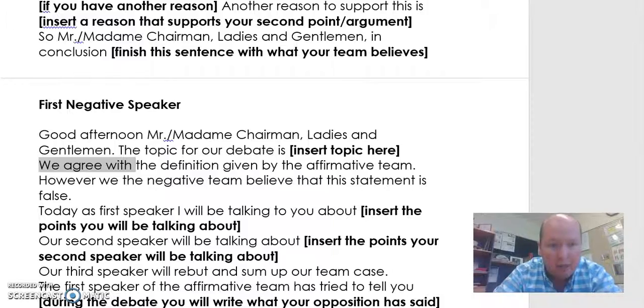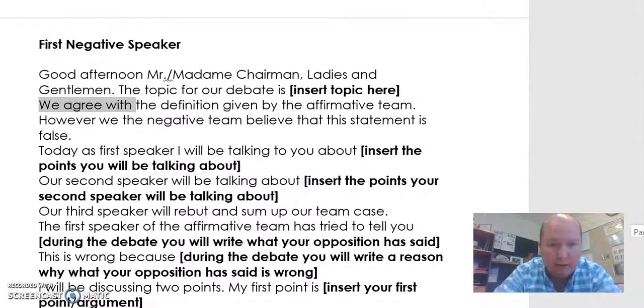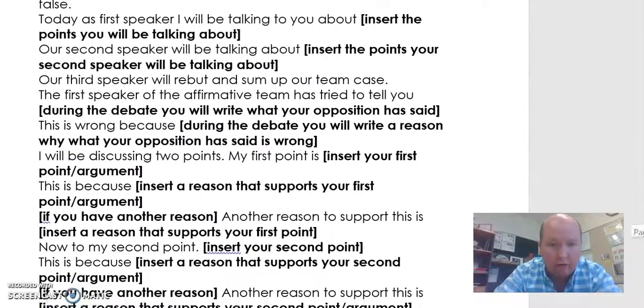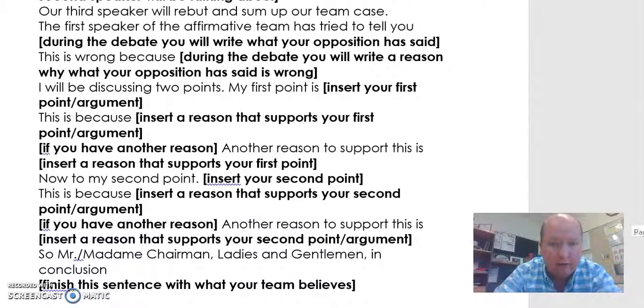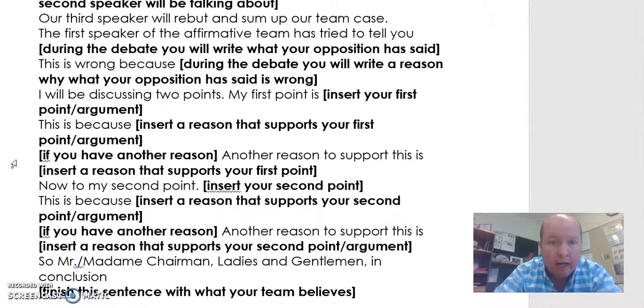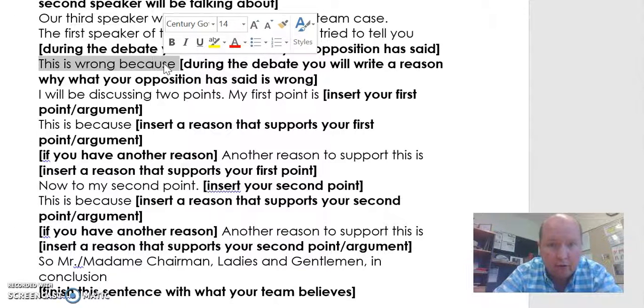The only other major thing I want to point out here, just as a reminder, is that you'll see on the script this is where we have rebuttal. And as you'll see here, it says, this is wrong because. Now, this is the sort of language we can talk about when we're using the rebuttal. Remember, we're not using attacking language at the person. It's about going directly for their idea.